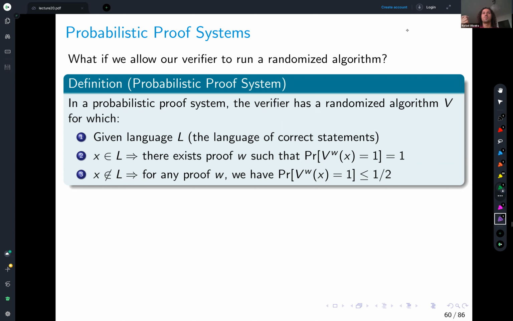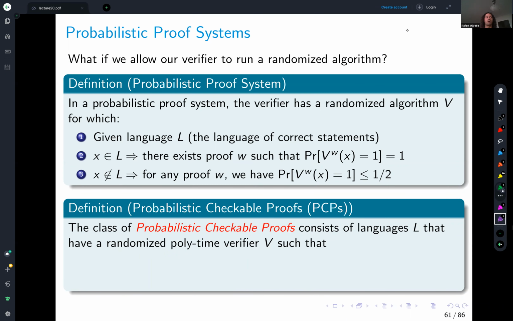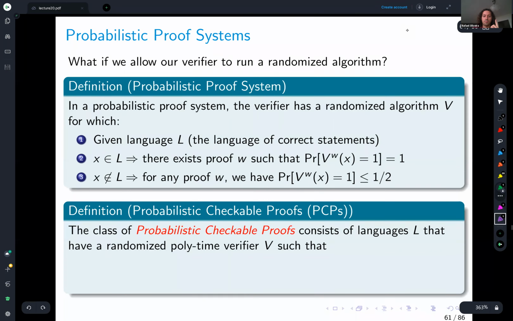Okay. So now, what is the definition of probabilistic checkable proofs? So this is a probabilistic proof system. And now we're going to give the definition of probabilistic checkable proofs. So the class of probabilistic checkable proofs is a class of languages, just like NP is a class of languages. So it consists of languages that have a randomized polynomial time verifier such that, here's the thing,